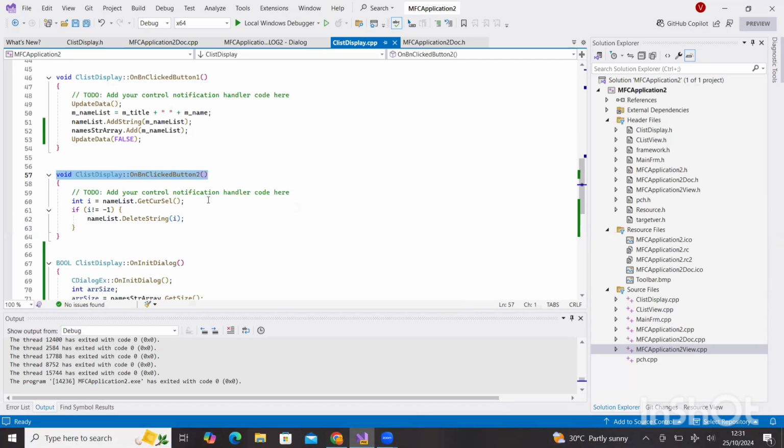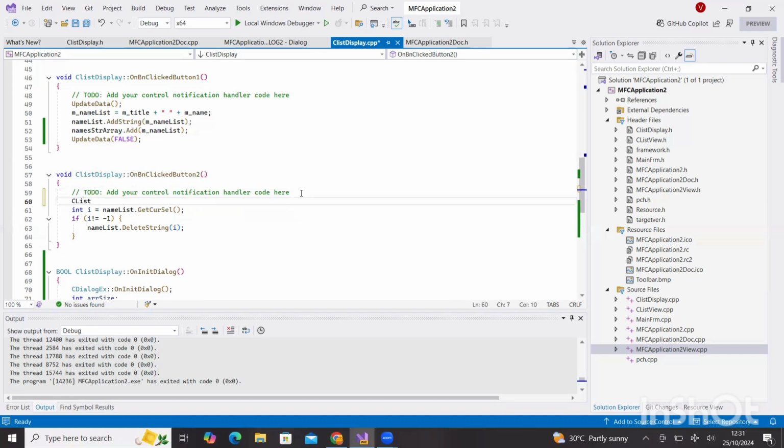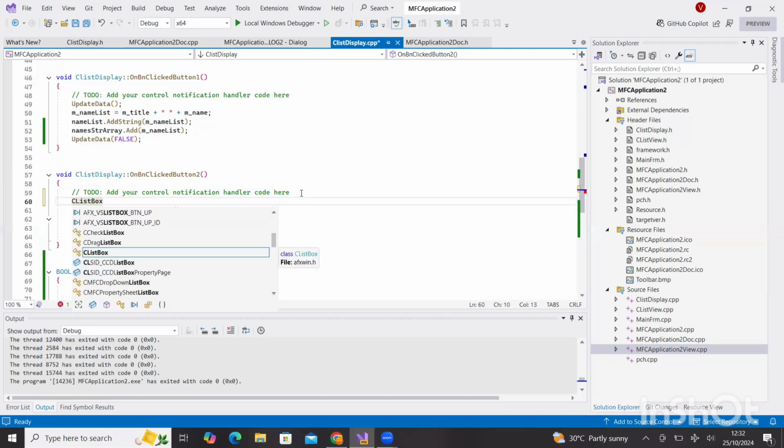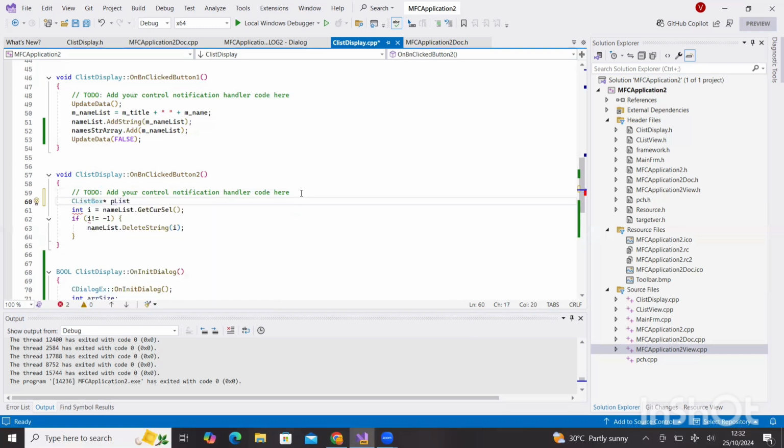For deleting the name, first I need to check whether I'm able to delete the names in our list using our cursor select. Whereas in the name string array, we need to first check whether the selected item matches with the existing item in our array. Only after that will we be able to delete. For that, I need to get the name, that is the item that is being selected. For that, I'm going to create a ListBox pointer. I'm going to name it as pList equal to open brackets,